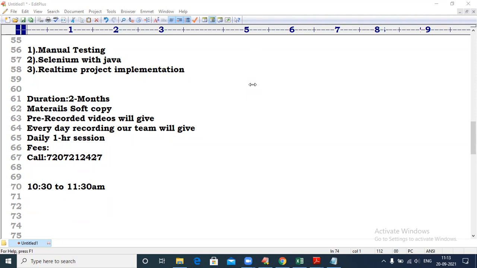Yes, recorded videos, when will you provide them, sir, end of the class or end of the course? Once you pay the fees, immediately I will give recordings, Harita Reddy. Once you pay, immediately I will give Google Drive access to all the recordings. Everyday class recording means once class is completed, at the end of the day, you will get the recording, because once class is completed, the recording has to be converted to MP4 format. It will take some time. So daily recording, end of the day. But once payment is completed, all recordings and materials I will give directly to your mail ID. So both are the same, but already one set I prepared.